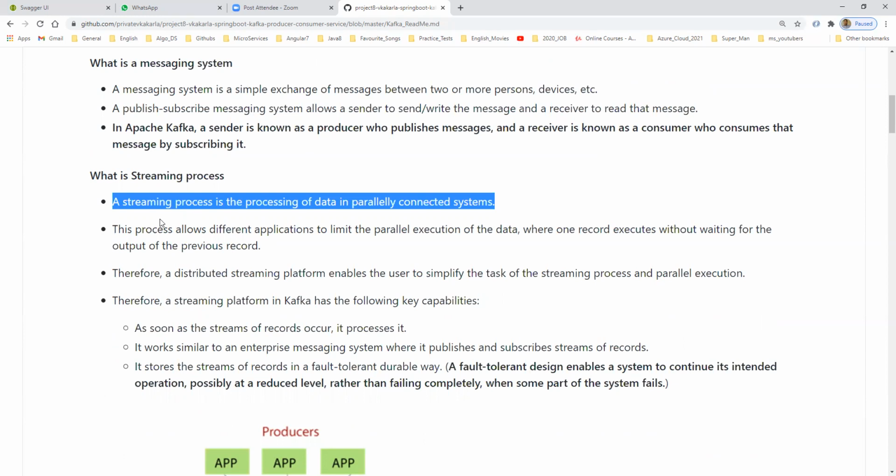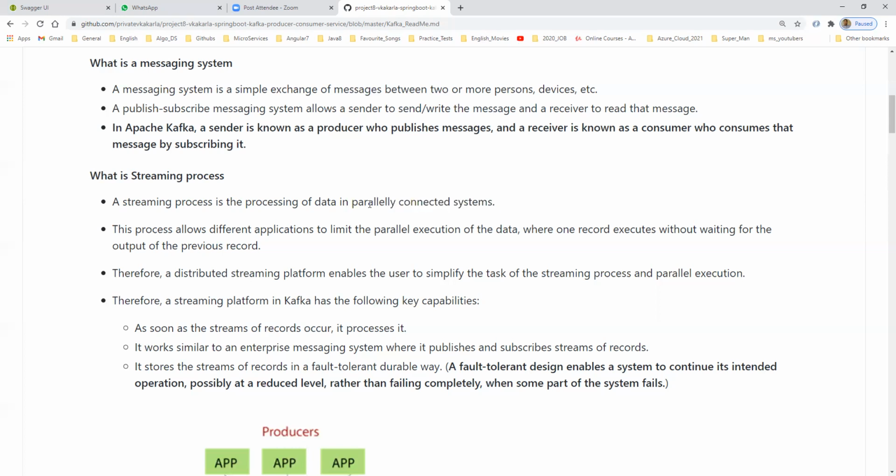Whenever I publish my video to the YouTube channel, all persons get the notification in parallel, whether on mobile or desktop. So that is nothing but streaming processing. At one time, all of you get the notification and process the data in parallel connected systems.